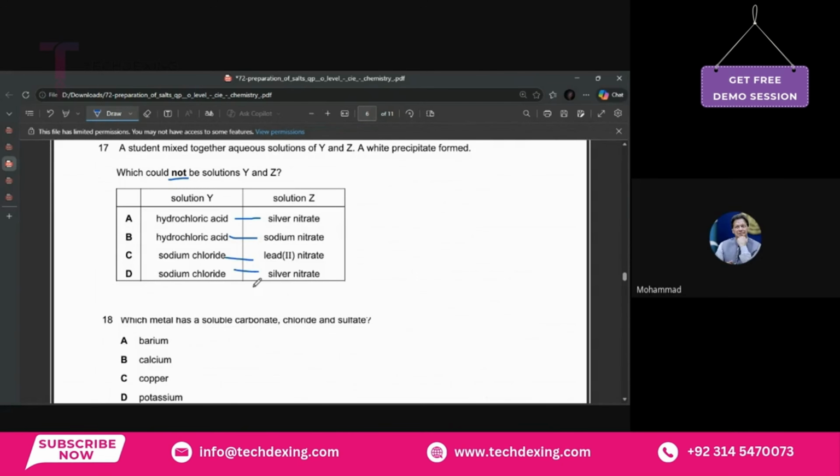Yes, it will be hydrochloric acid and sodium nitrate. Very good, excellent. It's option B. What do we get when we react hydrochloric acid with silver nitrate? You get like